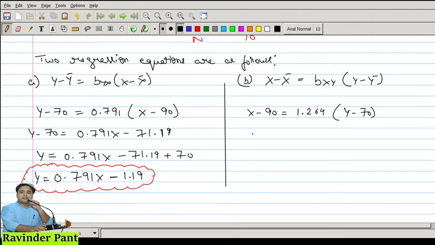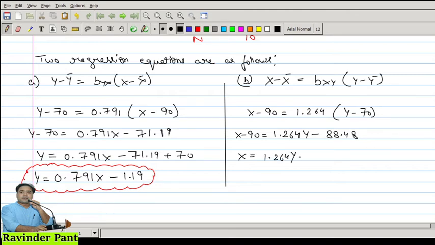Let's calculate for this x. x minus 90 is equal to 1.264, calculate it for me. So 1.264 times 70, 88.48. 88.48. All right, so this x will be equal to